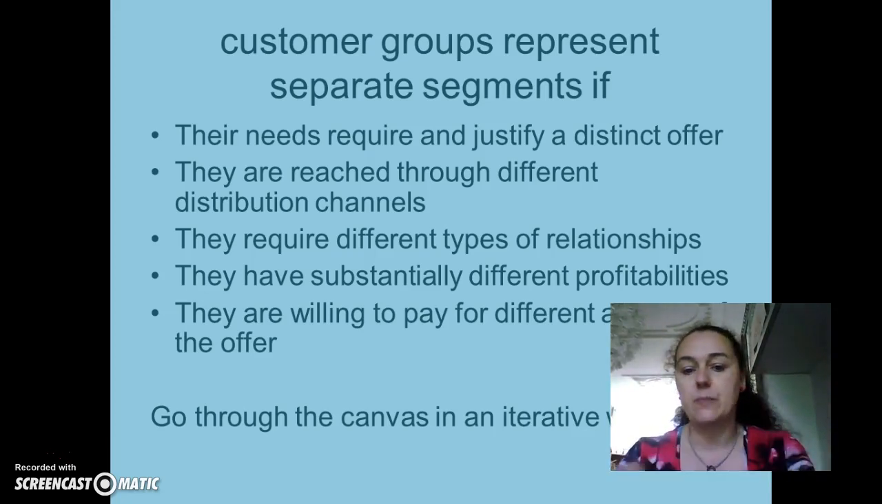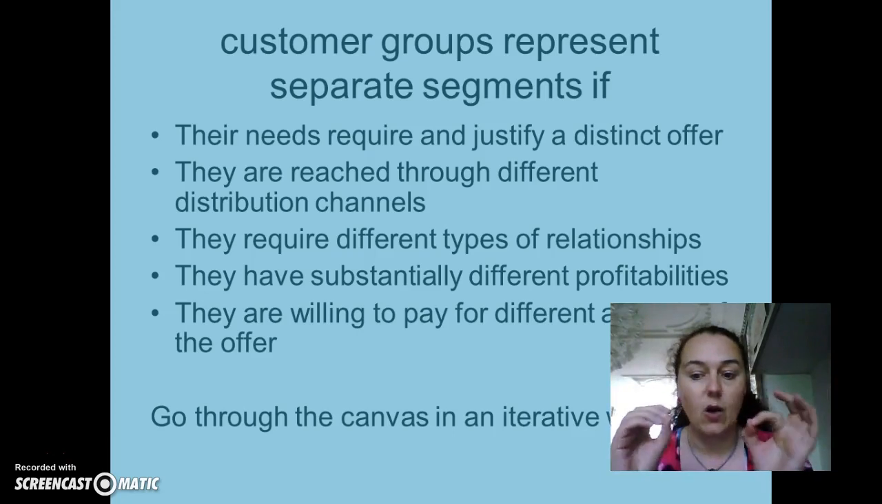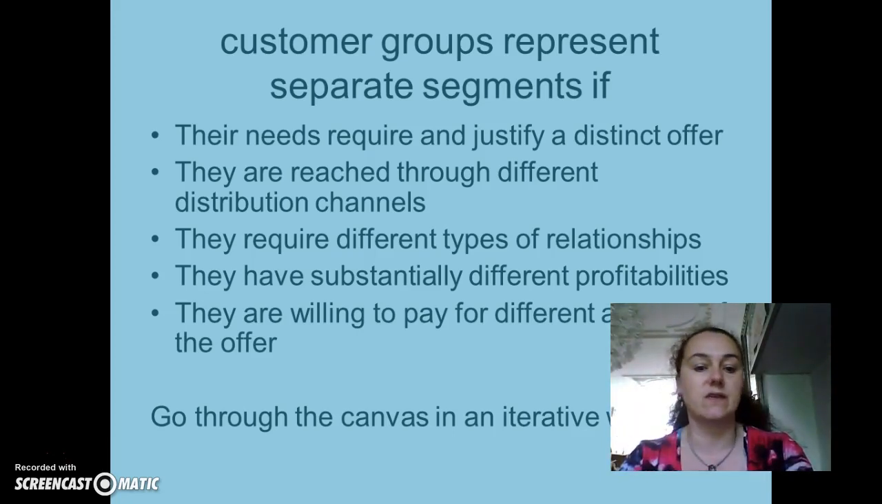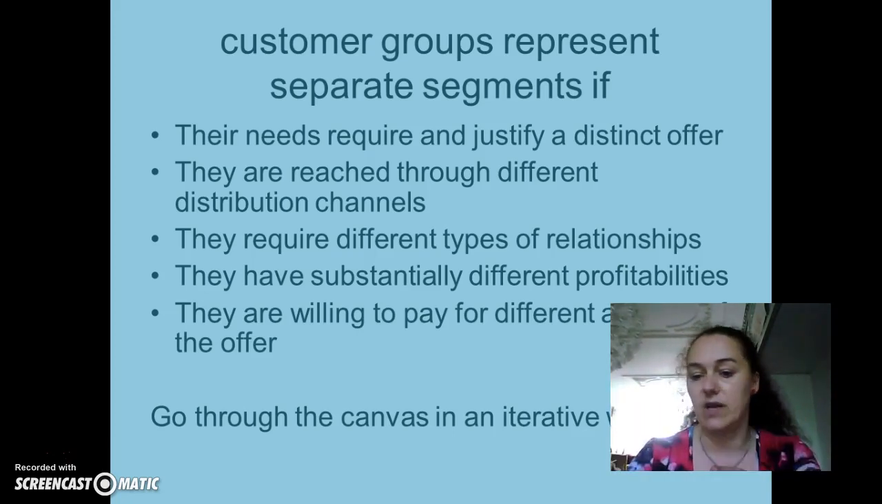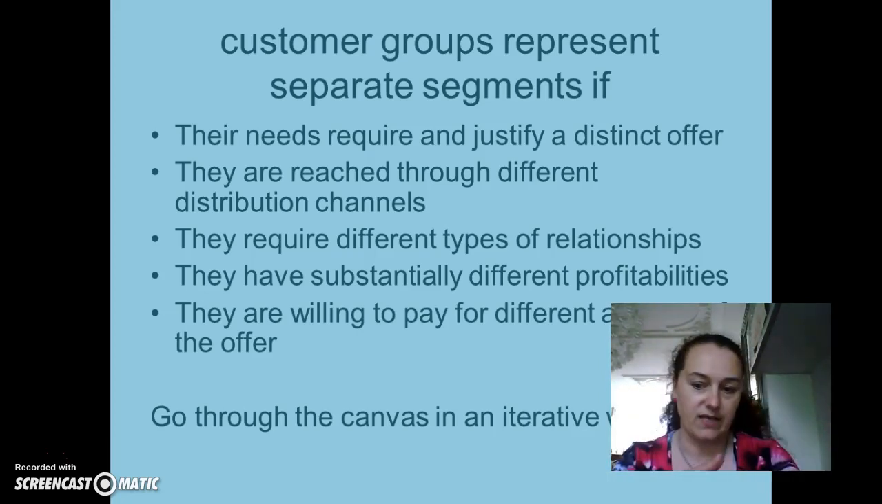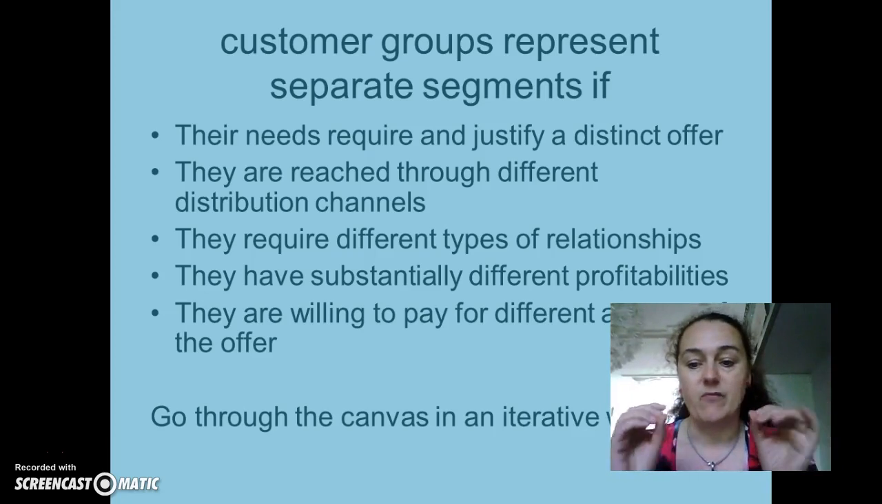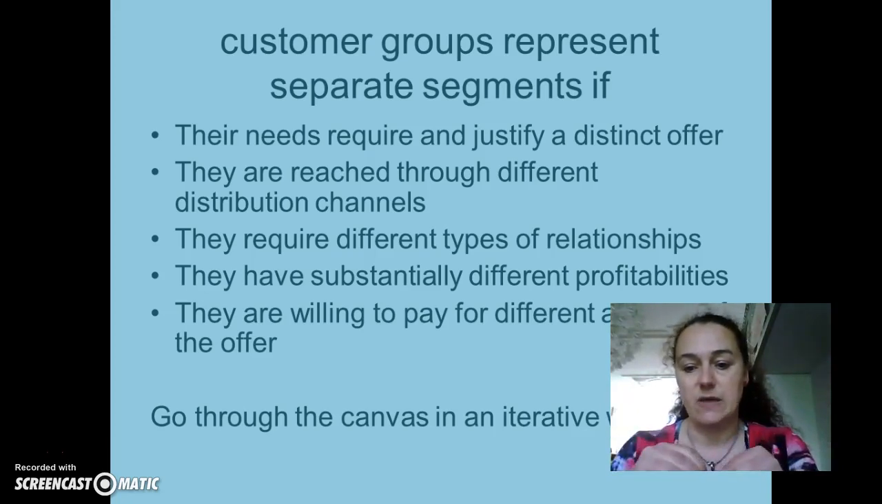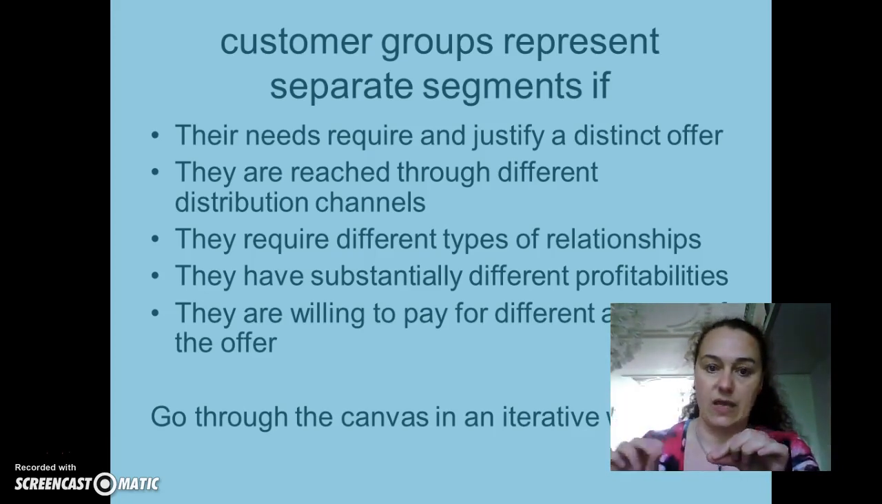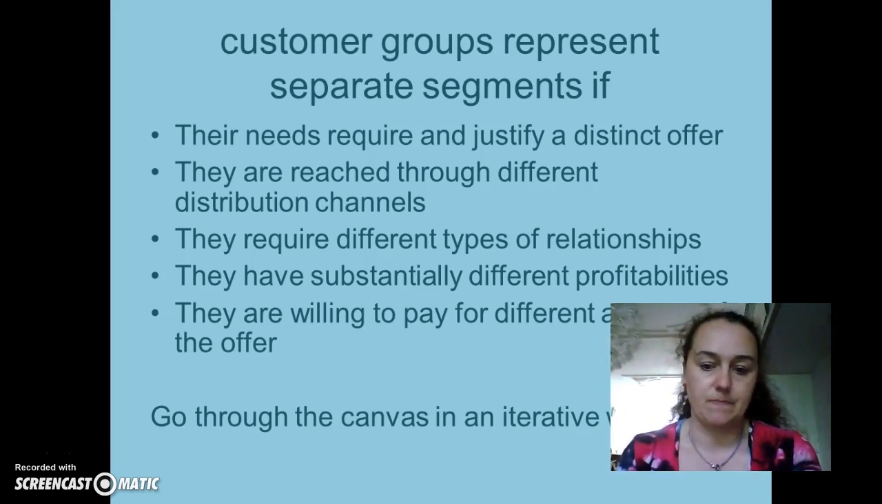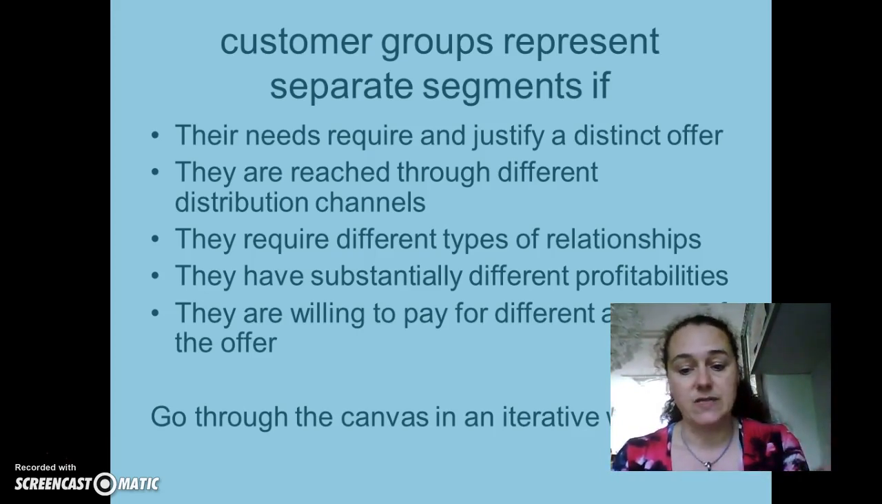And if they are willing to pay for different aspects of the offer, so if you look at a coffee bar, there might be people that really go to that specific bar for the quality of the coffee, but other people can go there for the atmosphere, or that it's a great place to spot celebrities, whatever. But if people are willing to pay for different aspects of the offer, you have to cater to them as representing a separate segment. What that also means is that you have to go through the canvas in an iterative